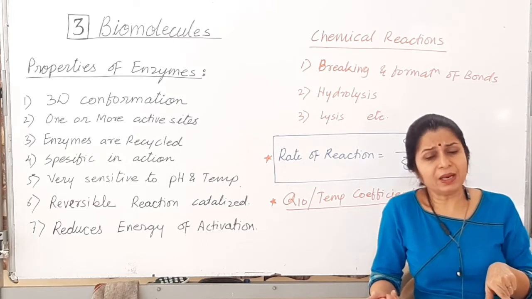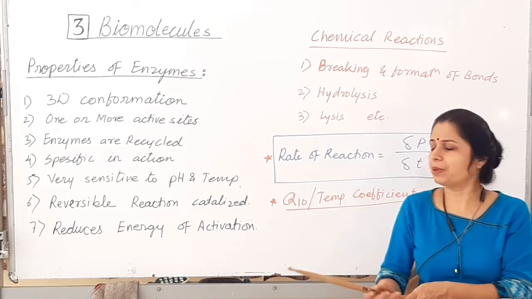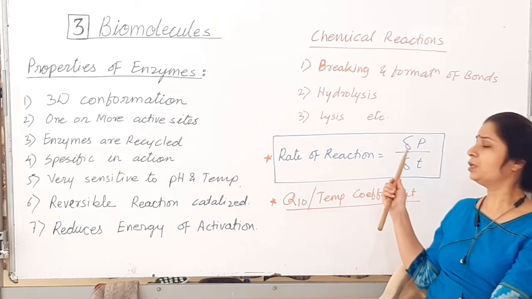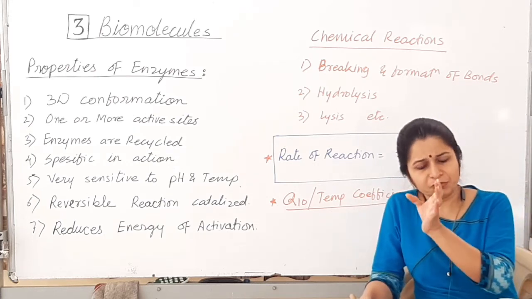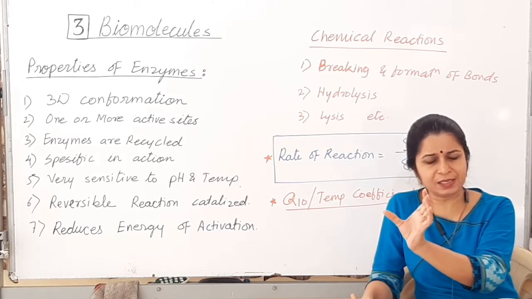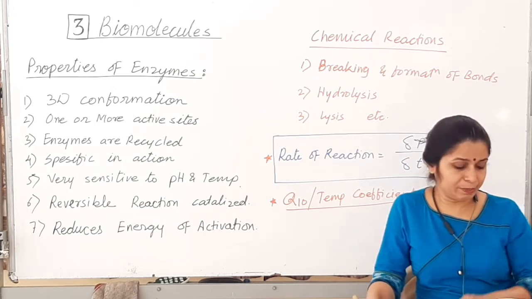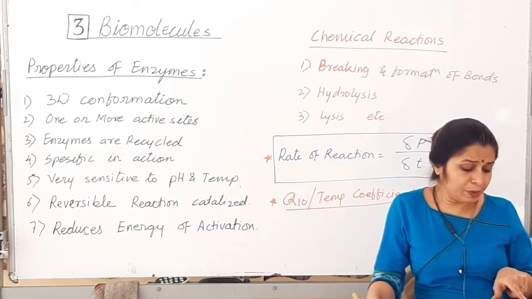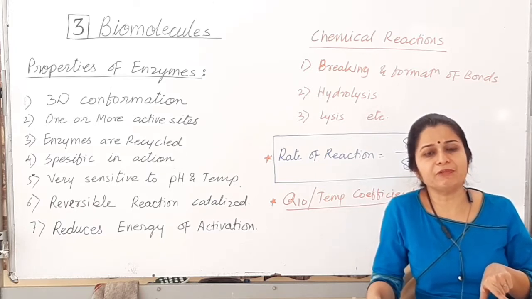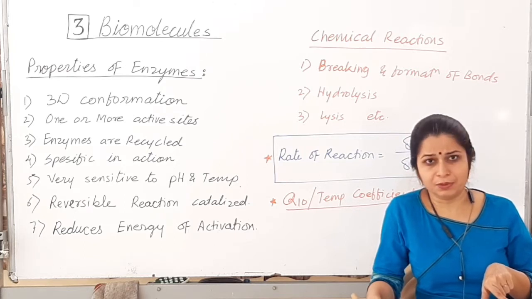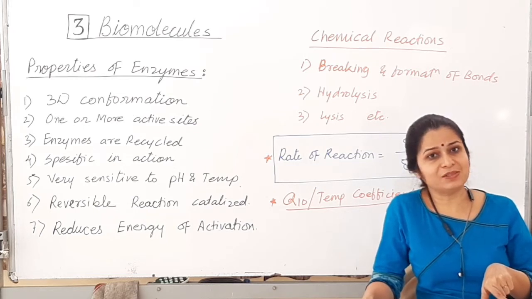1 minute में, 1 hour में, what number of product molecules are formed is rate of the chemical reaction, which is represented, rate of reaction is delta P upon delta T. Okay, initial final time, initial time में difference लेके कितना end product बनता है. So that is what the rate can be calculated by this formula. Rate can also be called velocity if the direction is specified. You know two words, speed and velocity. You know scalar, vector, right? So velocity is a term which has unit as well as the direction.